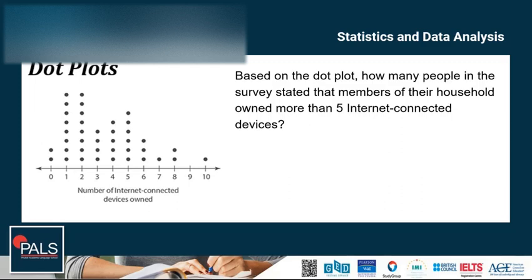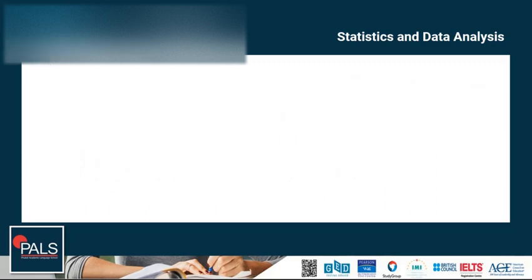So let's add 3 for 6, 1 for 7, 2 for 8, and 0 for 9. So we don't need to write 0, and 1 for 10. So adding all of them, 3 plus 1 plus 2 plus 1 is equal to 7. Now, let's see